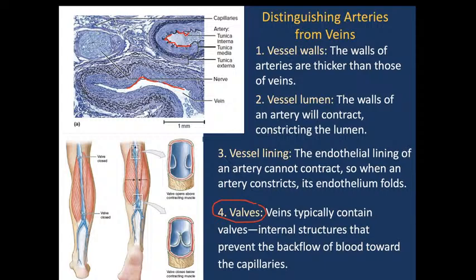No valves in the head, no valves in the neck, but in the lower extremities, sometimes in the upper extremities, we could find them. Valves are a structure that help